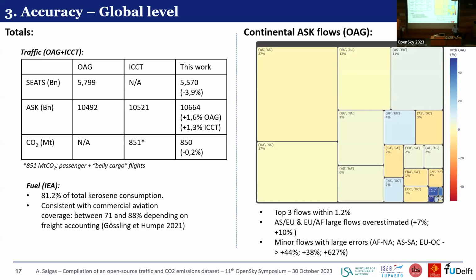Now, going down one level, if we look at the flows, here it's bilateral flows between two continents, here Asia to Asia, Europe to Europe. The top three flows are within 1.2% of OAG values, while the top 15% are within 12% of error of the OAG reference. And here in the right corner, we have some minor flows that are very weakly estimated. For instance, Europe to Oceania, we have a 600% overestimation, but investigation on this led us